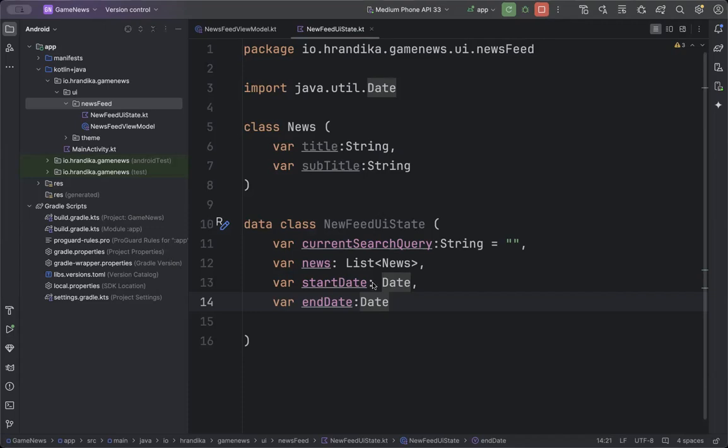Okay, sorry about that. So this is the current state. We have a search query, we have a set of news, we have a start date, we have an end date. So by looking at this, we can simply